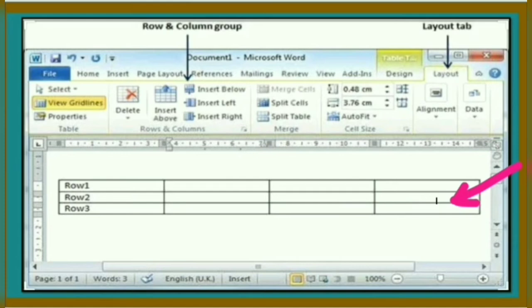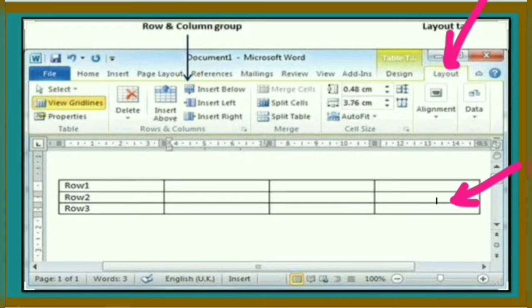Now second step is click on the Layout tab. Third step is, to add a row above the cell, click Insert Above in the Rows and Columns group, and to add a row below the cell, click Insert Below in the Rows and Columns group.